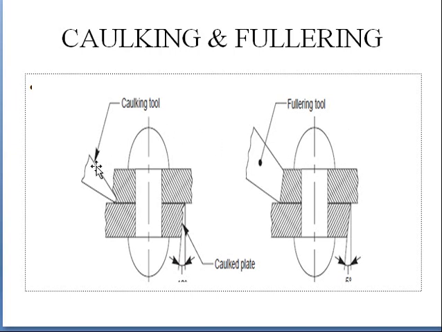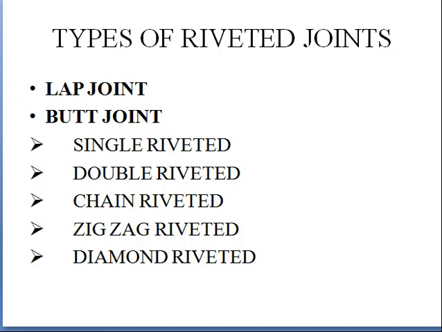The only difference is that in case of caulking, we have a tool which has a shorter area at the tip, but in case of fullering, the width of the fullering tool will be equal to the width of the tool. So now it will just beat here over the plate and will close the joints. Here also it will close the joint so that the material will not come out. It means the pressured air or pressured gas will not come out.